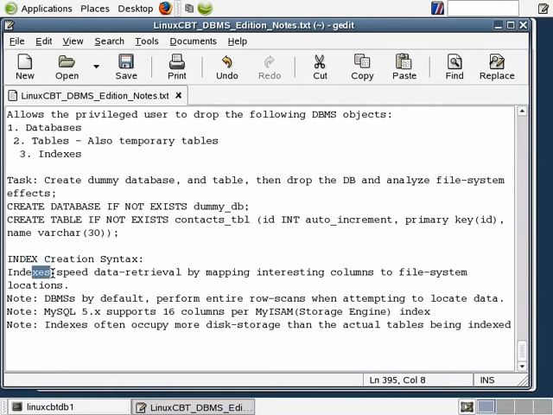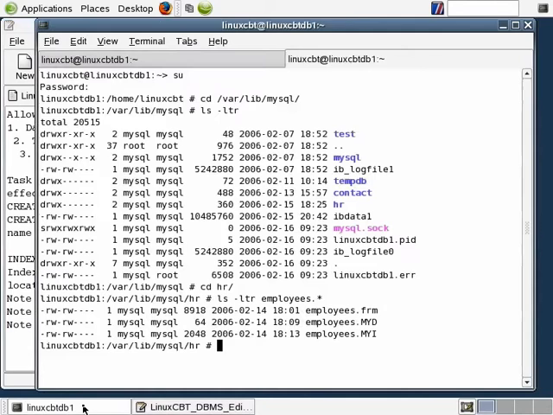Indexes speed data retrieval by mapping the columns that you assign to the index to file system locations for the data, which means, once again, the index really references the locations in the employees.myd, or the tablename.myd file. This is the actual table data file. An index file really serves as a pointer or pointers to various locations in this tablename.myd file to speed retrieval,